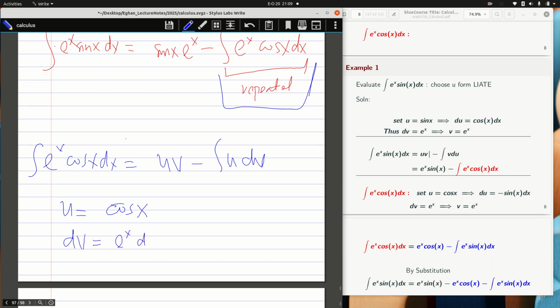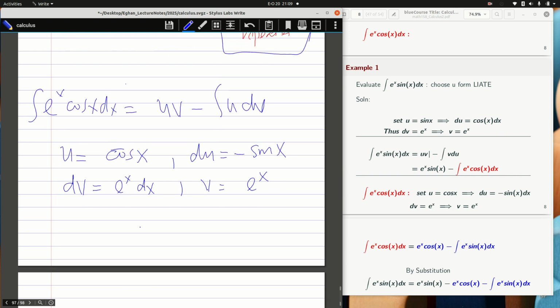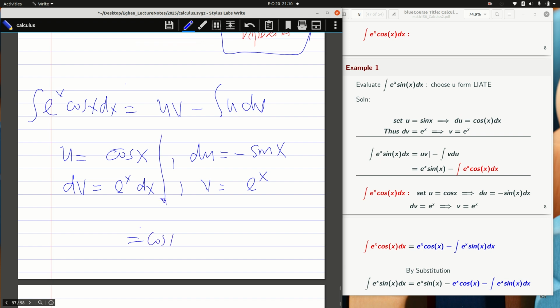This means that du is negative sine x, the differentiation, and then v simply remains e^x. So let's do a substitution. u is cos x, v is e^x, minus integral